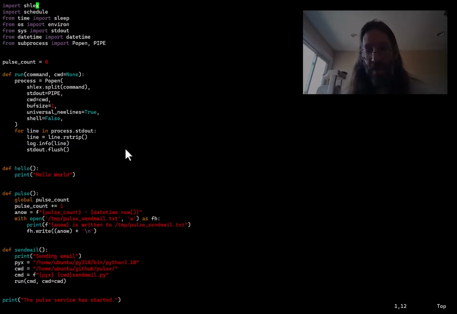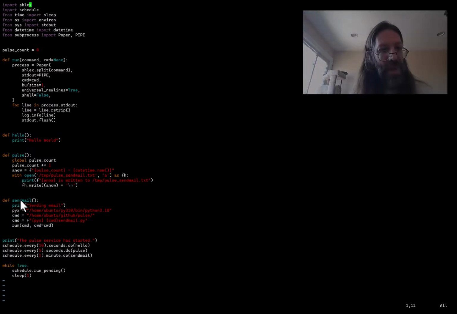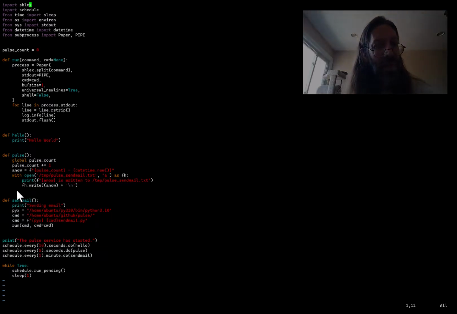And with this much code, this is really all the code there is. I could make it even shorter. This is a lot of excessive line wrapping in order to abide by PEP 8. But we now have scheduled every 1 minute that email, pulling it from an external source, because the run command is using Popen. All right, so without further ado,